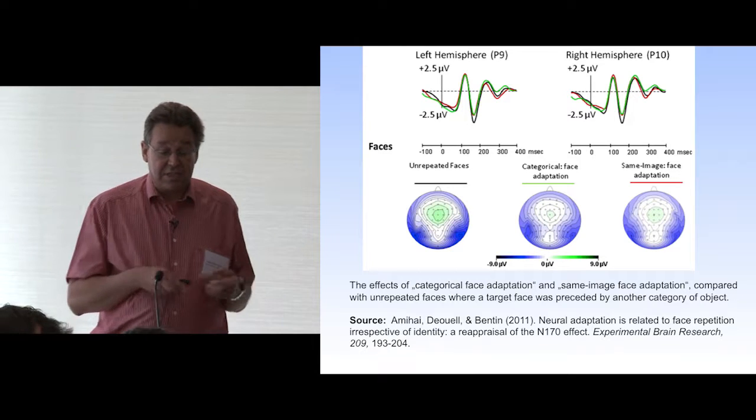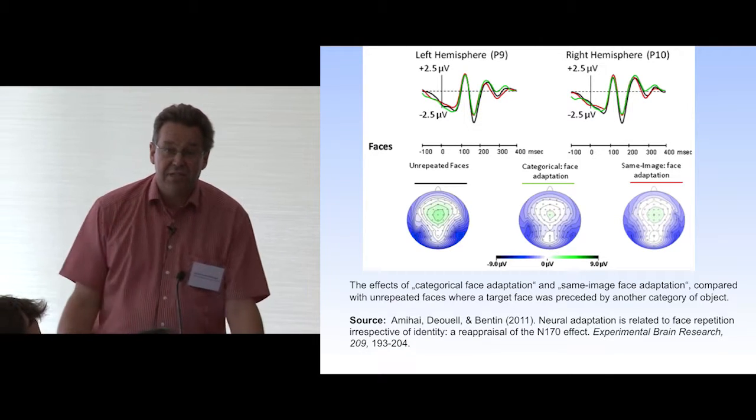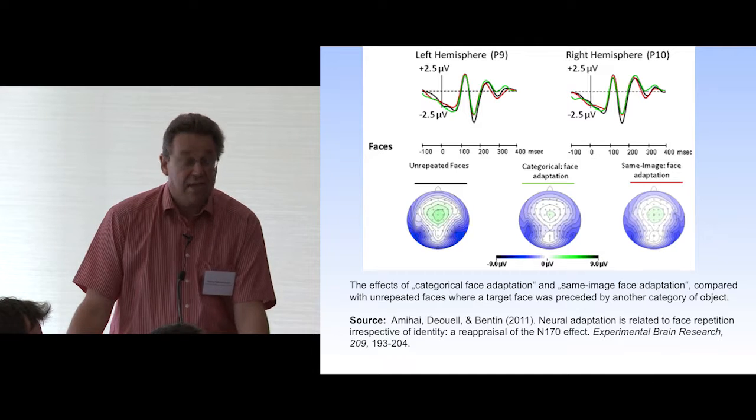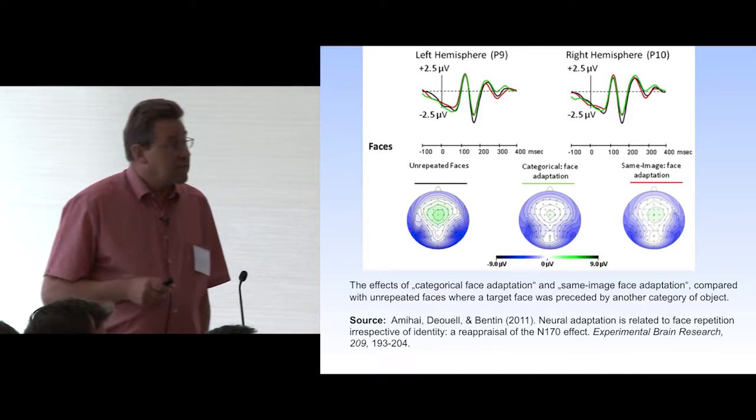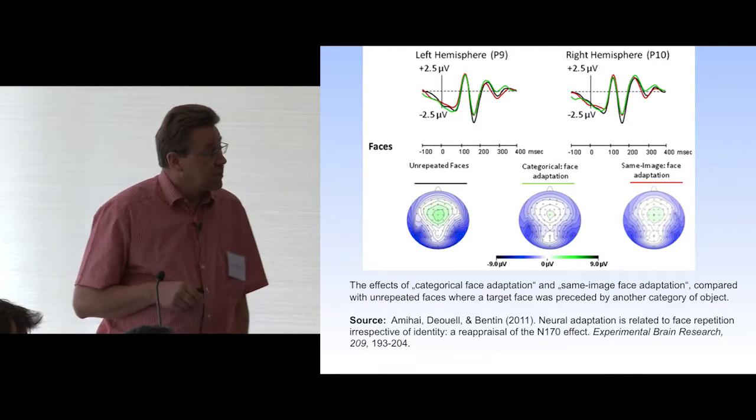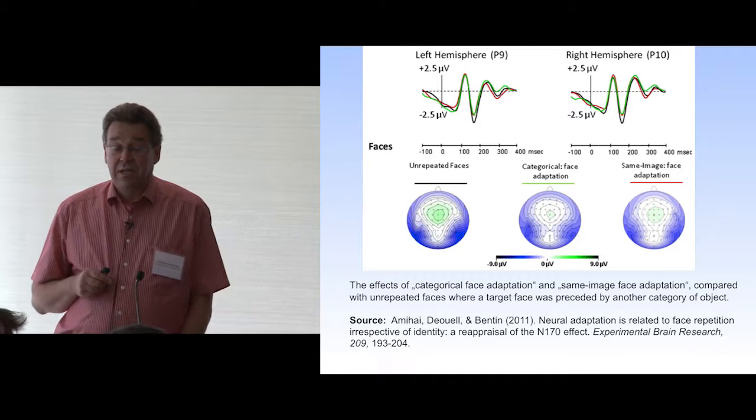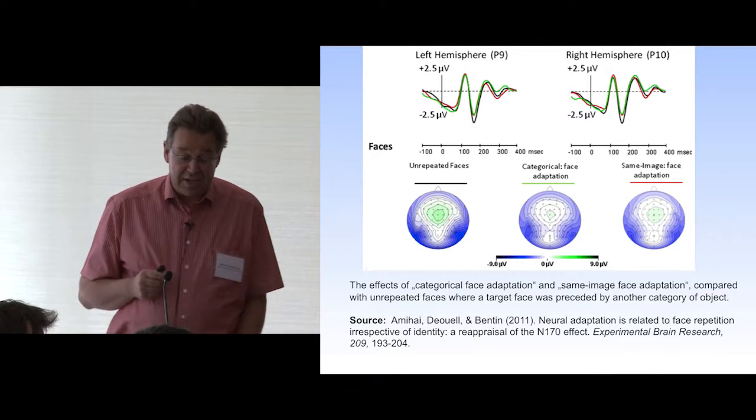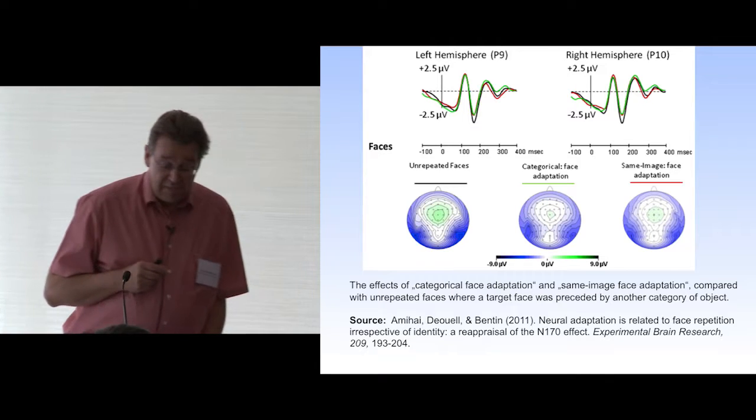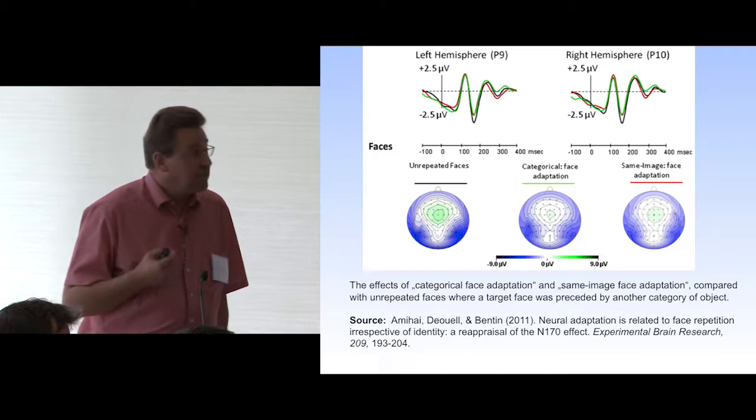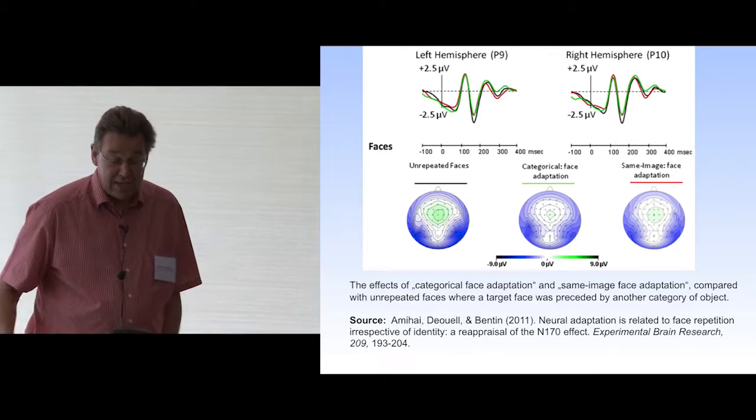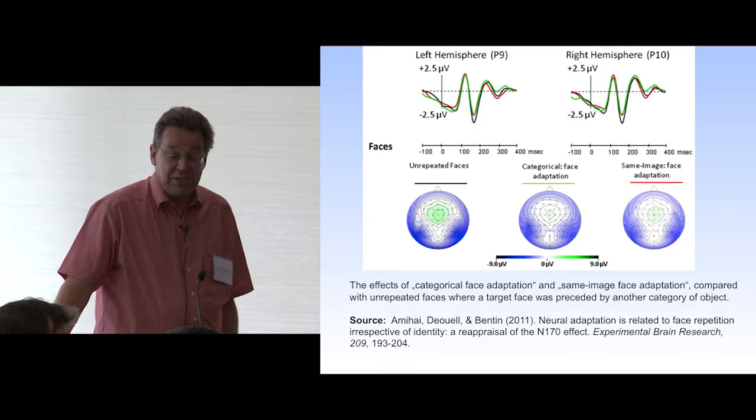So despite this interesting study, I think it's fair to say on balance, if you look at all the evidence, that the N170 is certainly not much influenced by individual phase repetitions. And more evidence comes from a study that was published in 2011 by Shlomo Bentin's group. And these are ERPs to phases that were preceded either by the same phase, what they call same image phase adaptation, or by a different phase, that's what they call categorical phase adaptation,